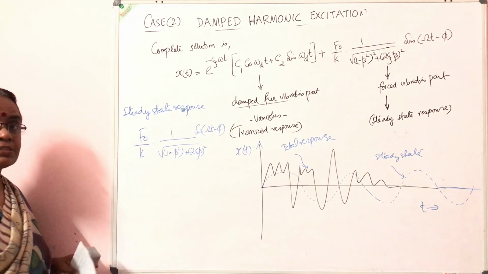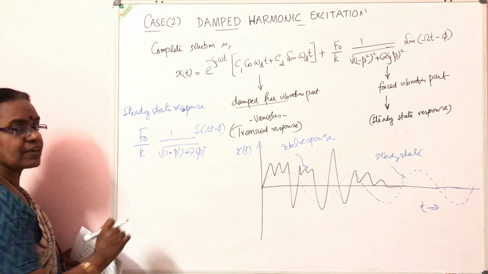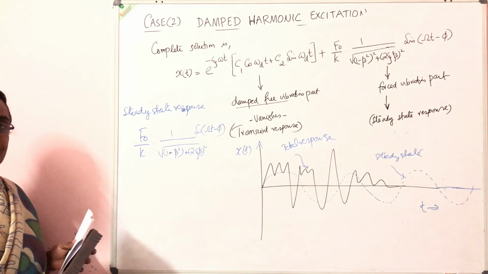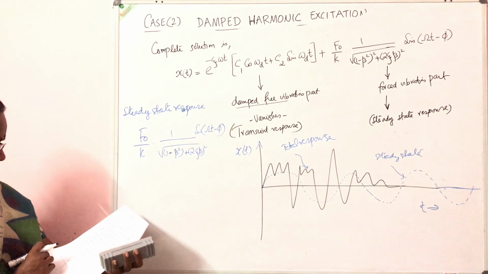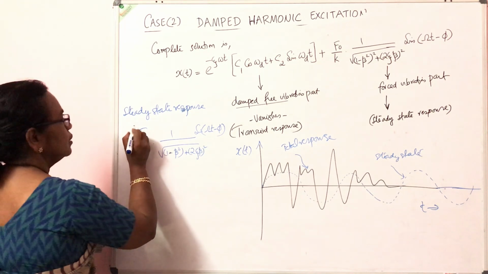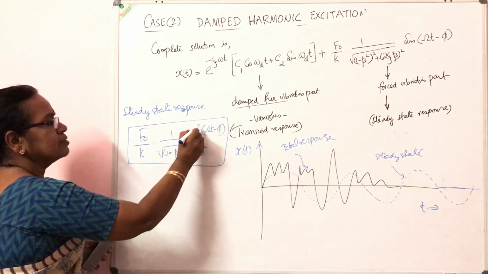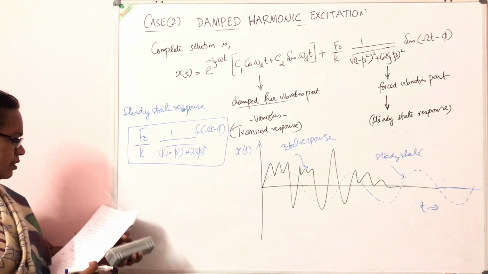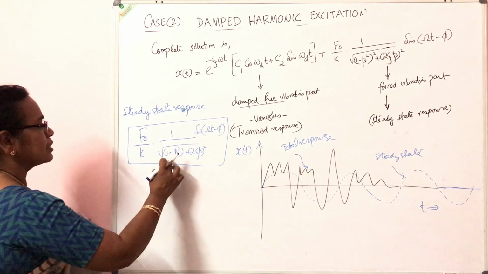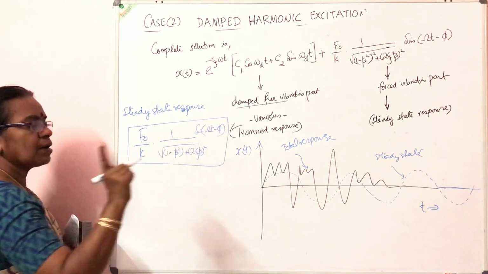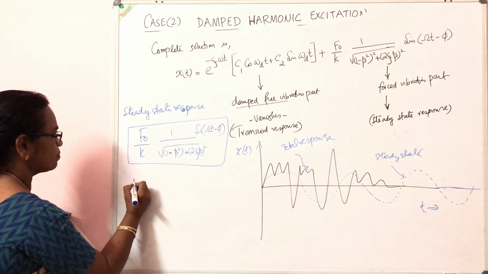F0 by K is the static displacement, and this term represents the amplification, the dynamic amplification or dynamic magnification factor. So this term, the variable one is sine omega t minus phi. So when will this response become maximum? This response will become maximum when this term becomes 1, or we can say the dynamic displacement